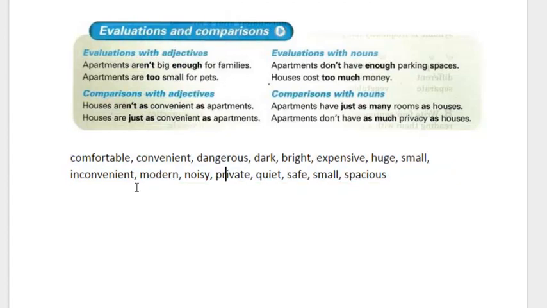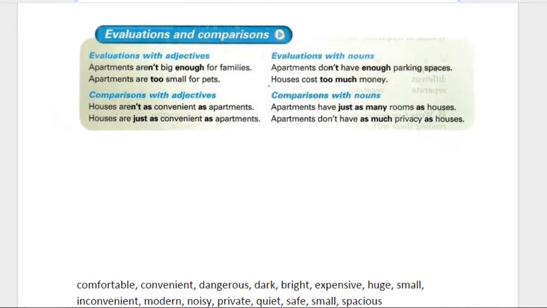if you're not familiar with them. So for example, we have the adjectives comfortable, convenient, dangerous, dark, bright, expensive, huge, small, inconvenient, modern, noisy, private, quiet, safe, small, spacious. And I'm pretty sure you can think of many more. Let me present some structure at this time